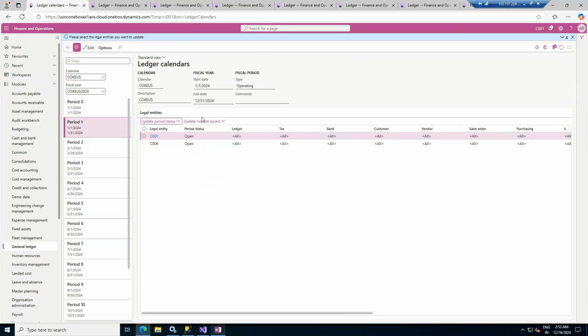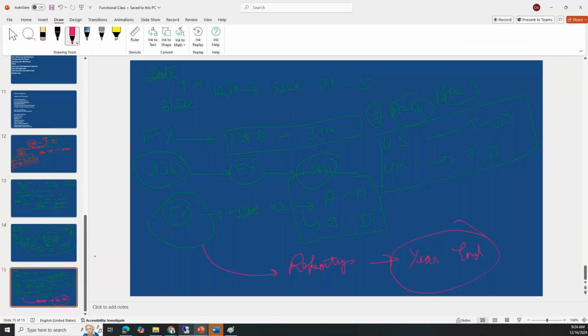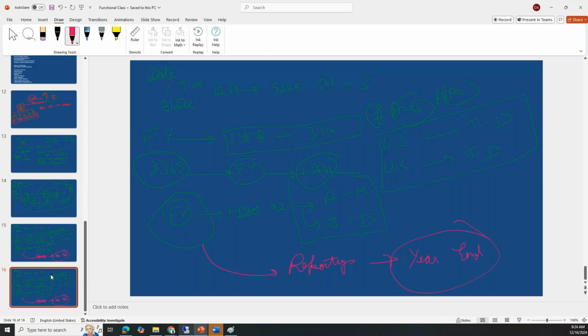within a particular period. Let's say for example, right now we are on 12th of December, we are in period number 12 over here. So for this particular period, user should not be able to create any entry in the past dated. What is the reason for it? In accounting, date is a very important thing. Why is date a very important thing? Date is a very important thing because